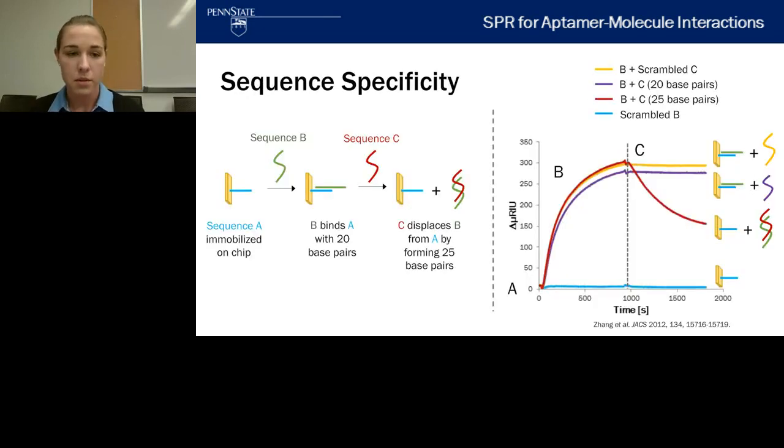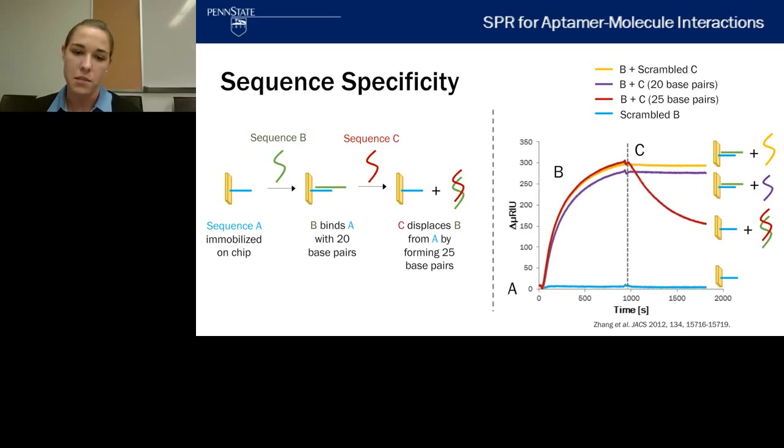So at this point, I'm going to move on to some of the work that our group has done. We look at the specificity of some sequences using SPR in this figure. So you can see in the cartoon on the left, we have a sequence A that's immobilized on our chip, and we usually use neutravidin and biotin interactions in this case. So the biotinylated sequence is immobilized, and then we incubate this chip with sequence B, which binds to sequence A